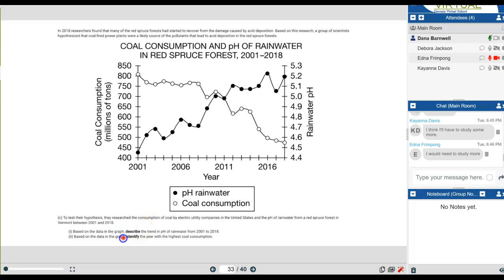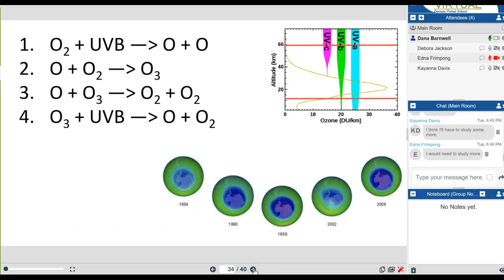So you could use this to practice completing an FRQ around atmospheric pollution of acid rain and the impact on the pH of the rainwater. All right, I am not going to talk about this today, just because of time. I think we're going to save this and I'll talk with Miss Madden. This is a pretty important concept when we talk about